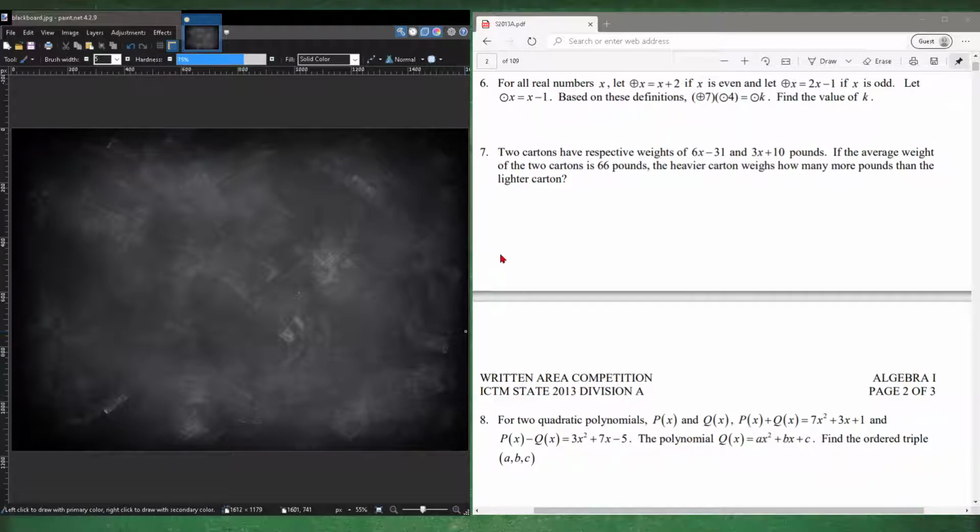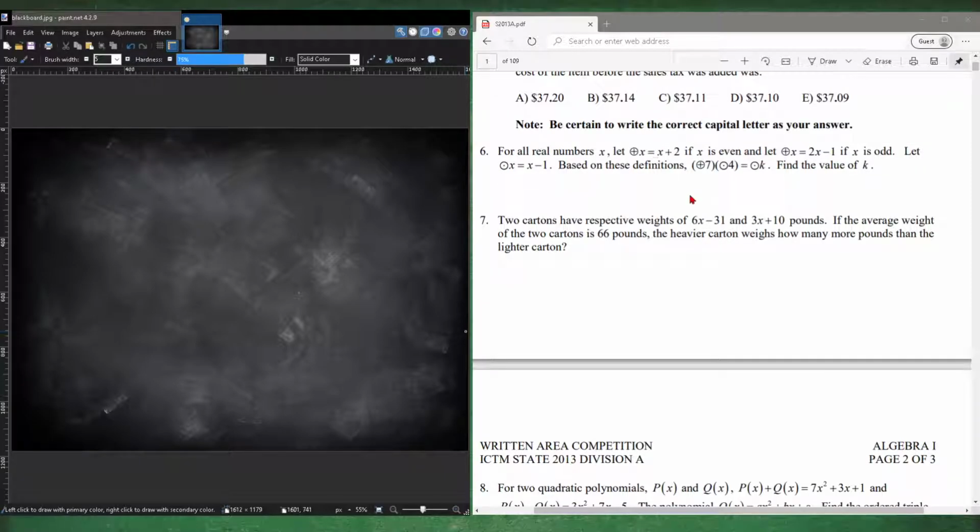Okay, and number 6. For all real numbers x, let this kind of operator equal x plus 2 if x is even, and that same operator is 2x minus 1 if x is odd. Let the dot operator equal x minus 1. Based on these definitions, okay, so now we have a 7, which is odd, so we have to use this one. So 2 times 7 is 14 minus 1 is 13. And the dot operator of 4 is 4 minus 1, which is 3,